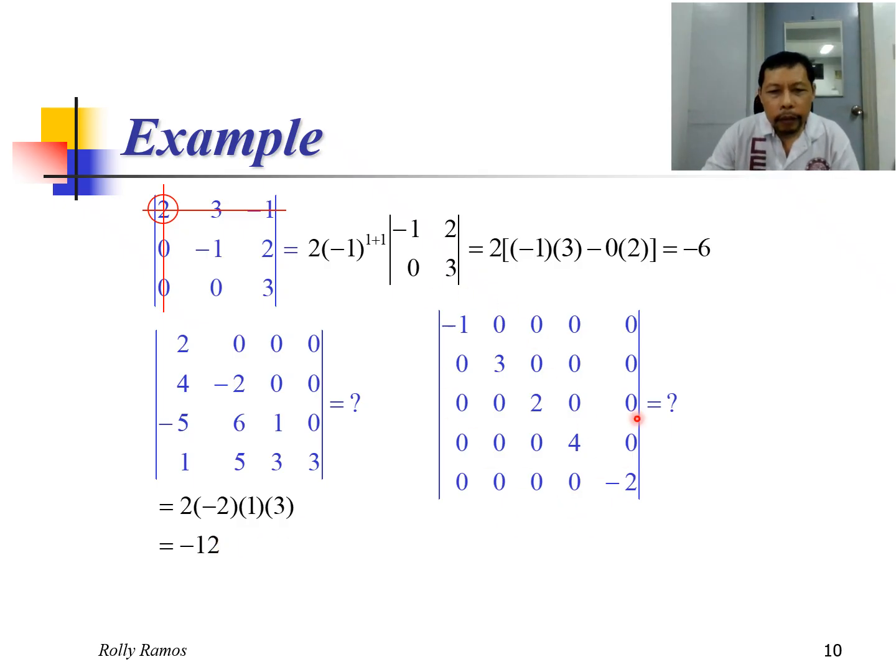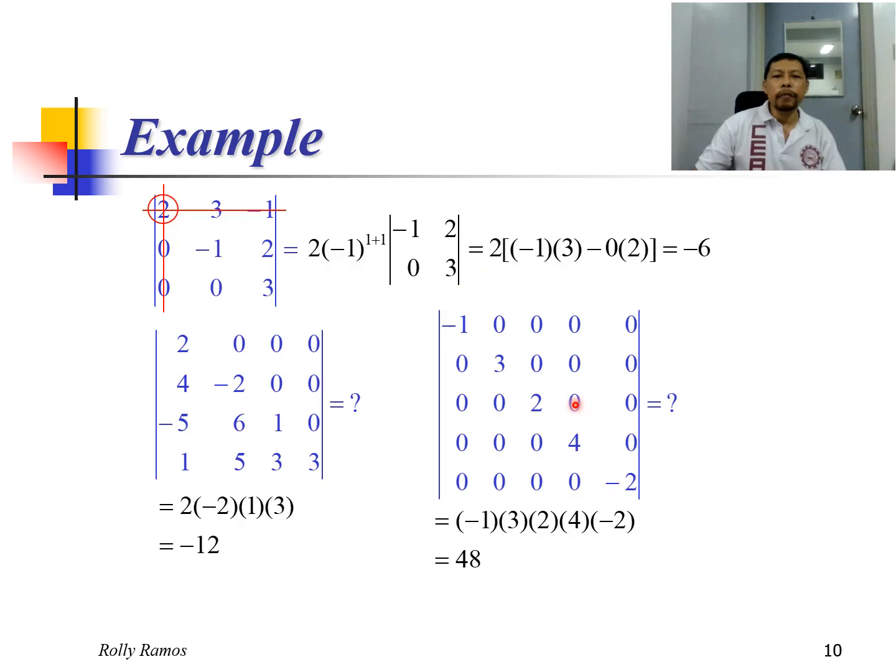And this one, we have a diagonal matrix, which is also a triangular matrix. So the theorem is still applicable. Okay, we simply multiply the elements along the main diagonal to find the determinant of this matrix. Okay, I hope that's clear. Finding the determinant of a triangular matrix.